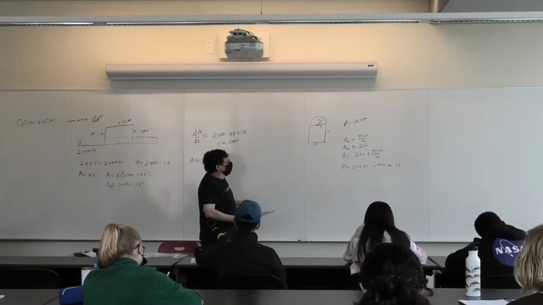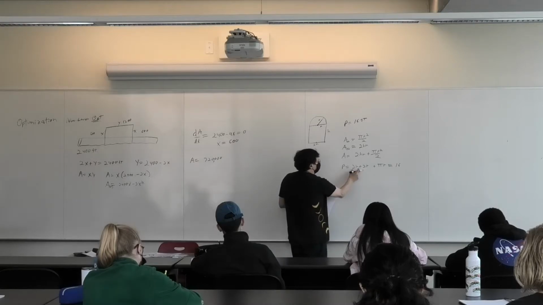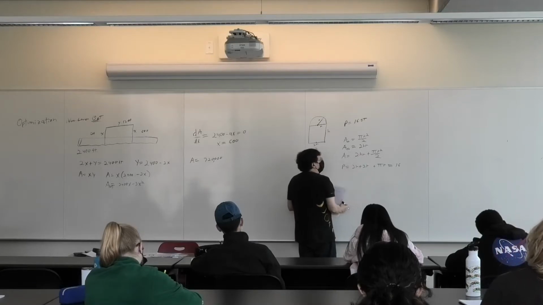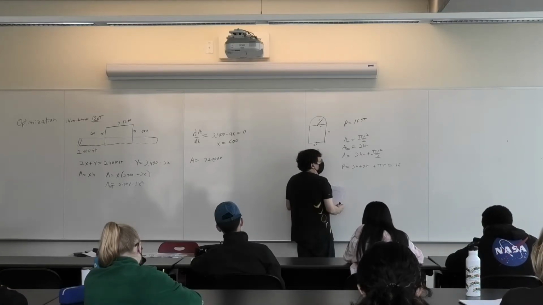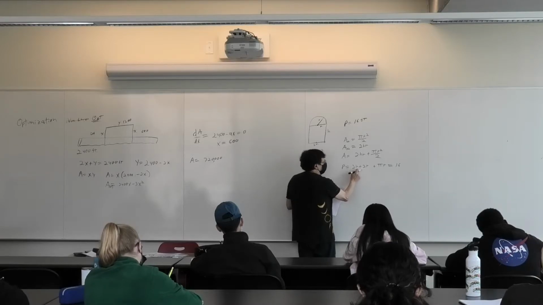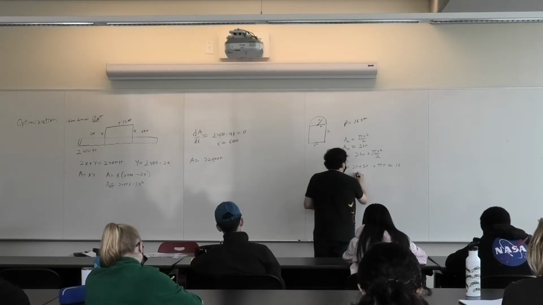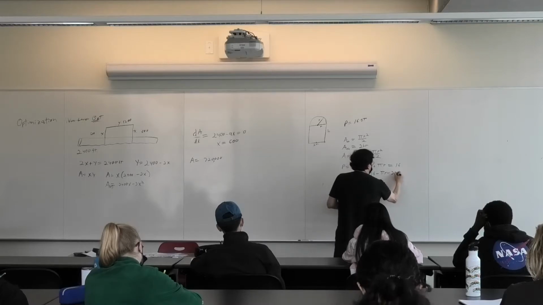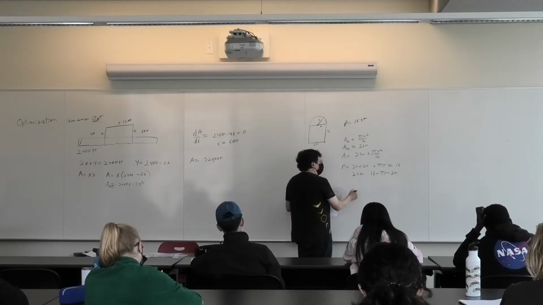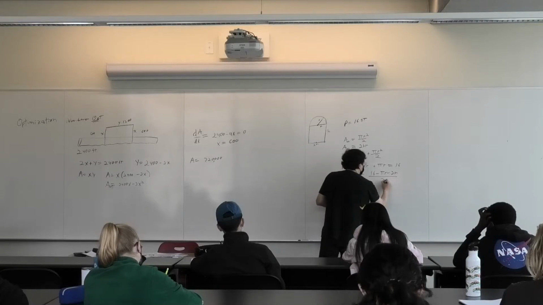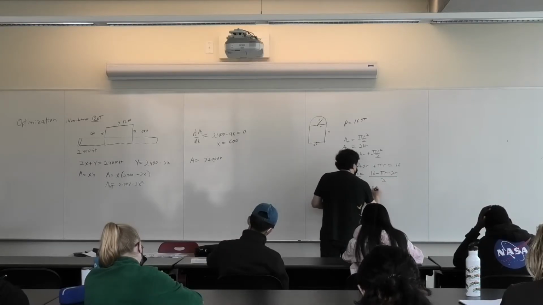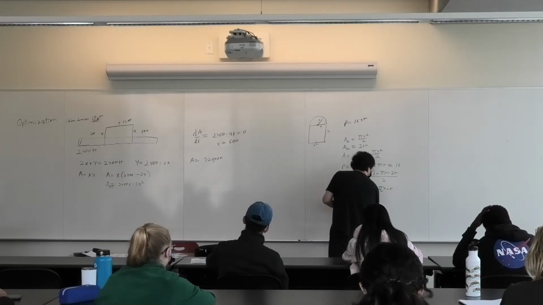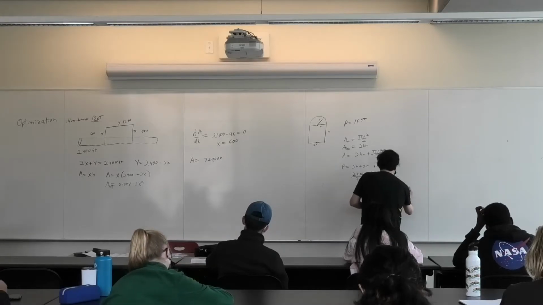Well, that gives us another equation in the same two unknowns, so we can eliminate one of the variables. In this case, it's probably best to eliminate h. We can solve for h pretty easily. 2h is going to be 16 minus pi r minus 2r, and then we're just going to divide by 2. And we'll get h equals 8 minus pi over 2 r minus r, or this might be handier, 8 minus,